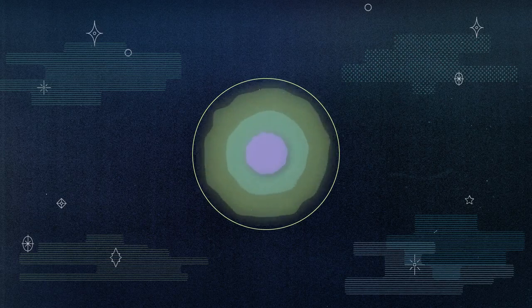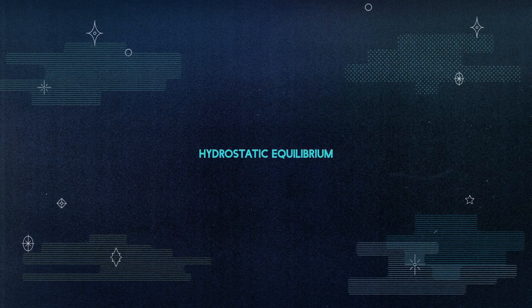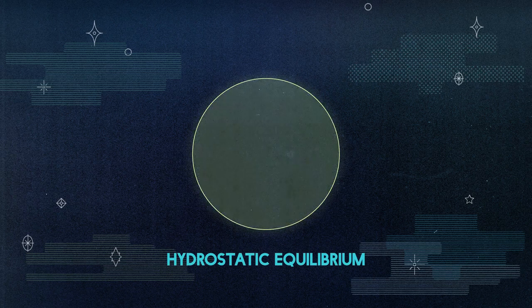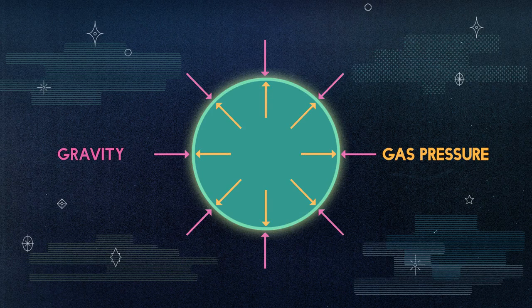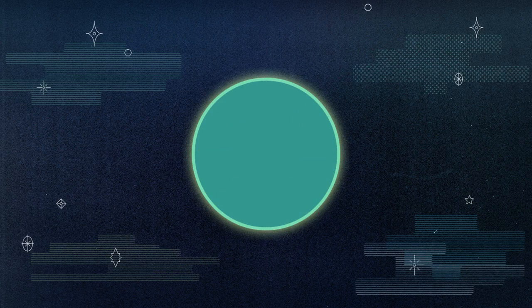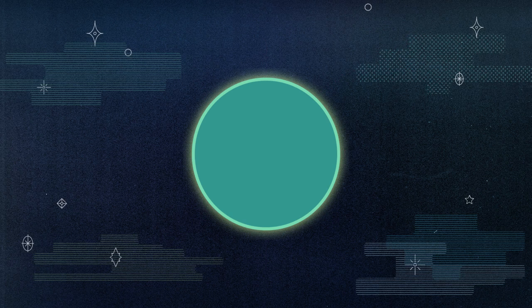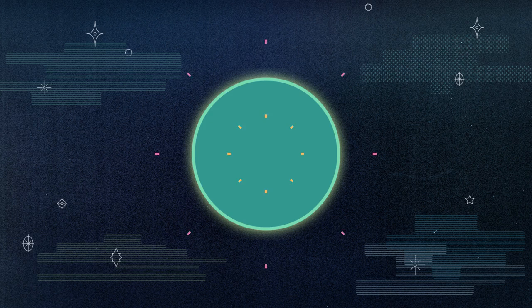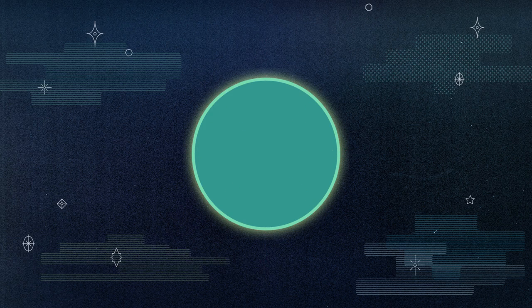Why isn't it possible to have a ball of gas inside of the event horizon? It all comes down to a concept called hydrostatic equilibrium. In Module 2, we discovered that hydrostatic equilibrium is the balance between gravity and gas pressure in the interior of stars. Gravitational attraction tries to bring all the gas in the star towards the star's center, but gas pressure creates an outward force that prevents further gravitational collapse. When the stars are in balance, the star is stable and can stay the same size for a long time,